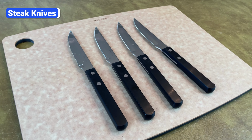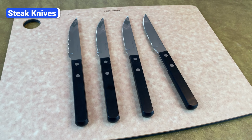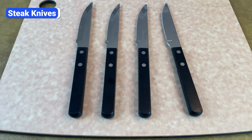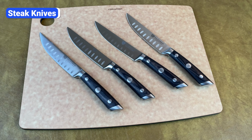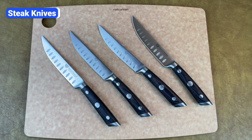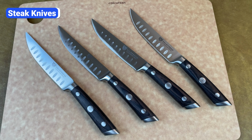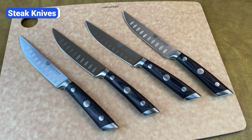There are two sets I recommend that are very different from each other. First is this Robert Welch set. These knives have classic black riveted handles and a serrated edge. The other option I like is the Dalstrong Gladiator series. These knives are larger and much more eye-catching. The handles are made of a strong and moisture-resistant fiberglass-like material, and the German steel blades have a satin finish